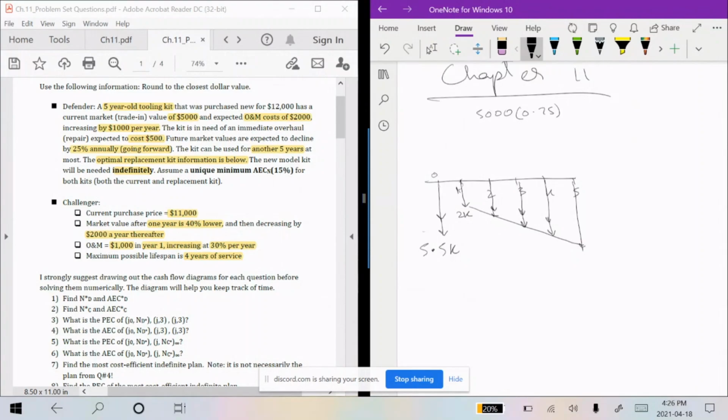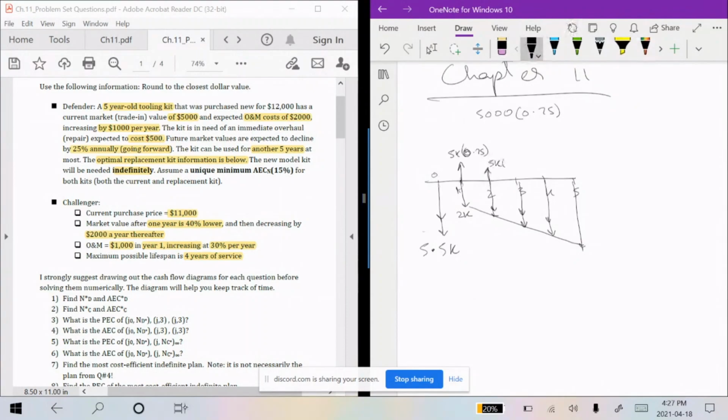Let me check what this is. Wait, will we need it every year? Okay, yeah. Let me just put that as 5K into 0.75. Okay. The second year, if you would be selling it off in the second year, your salvage value would